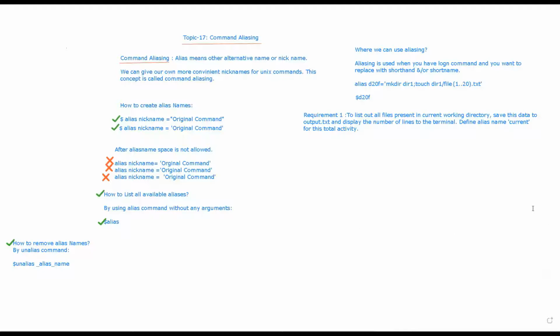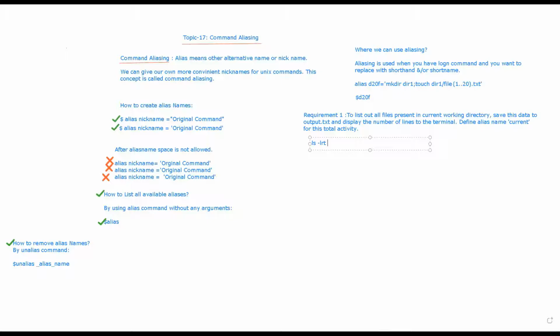If I want to write the command for this activity, how will I write it? I want to list, so I can say ls -lrt, right? And I want to save this data to some file, and at the same time I want to count the number of lines.